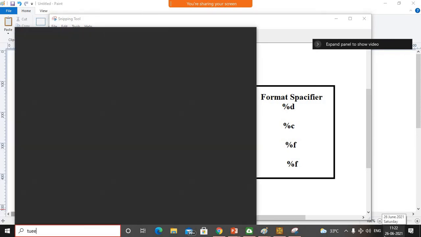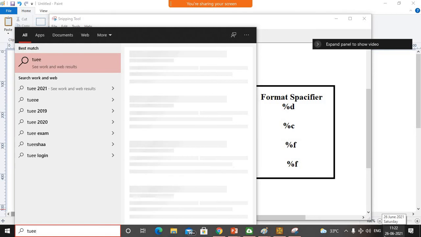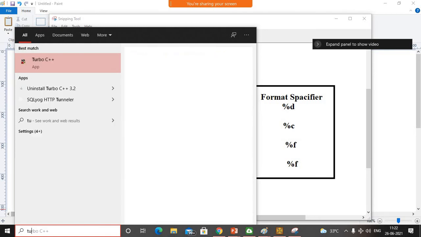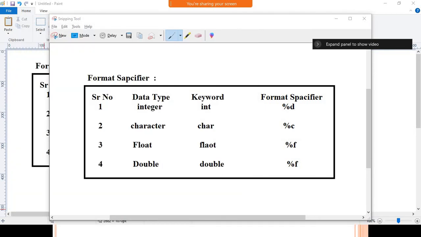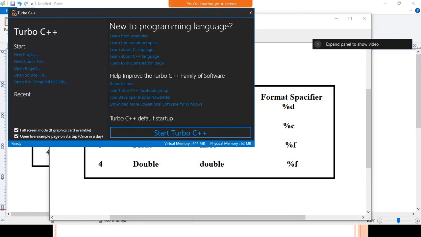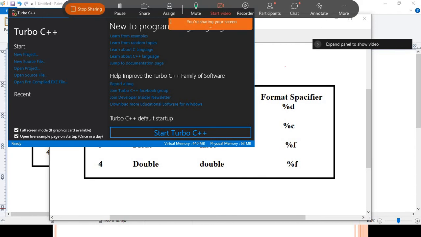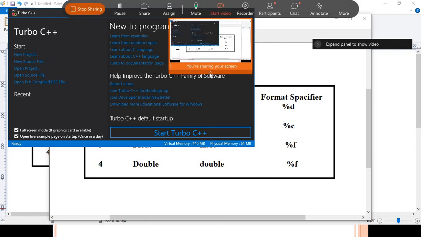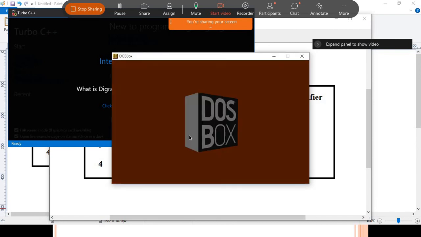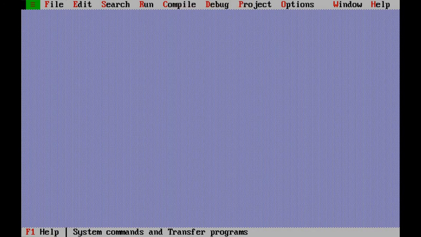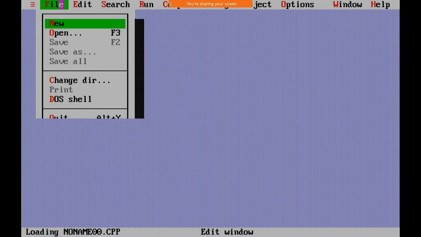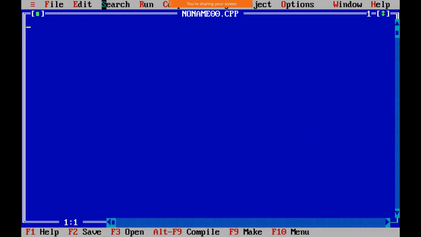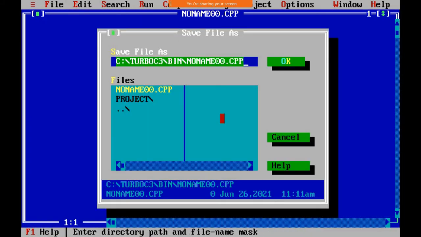Now open the Turbo application. Start the Turbo application. Here I will start a fresh program, and here I will save that program by using the name var1.c.